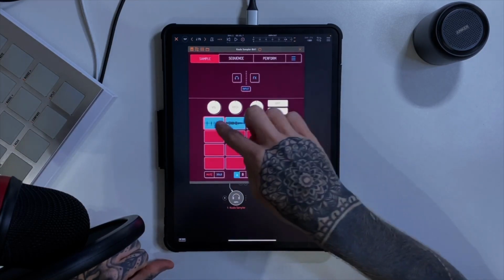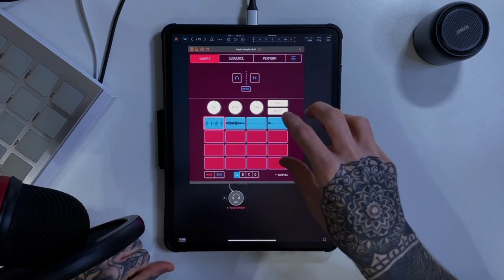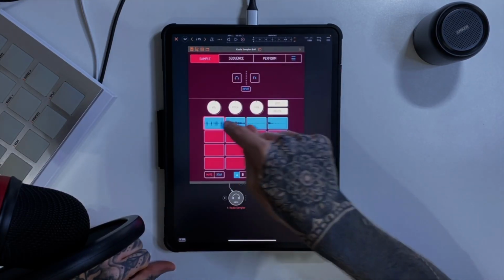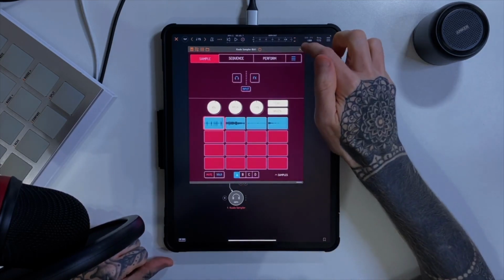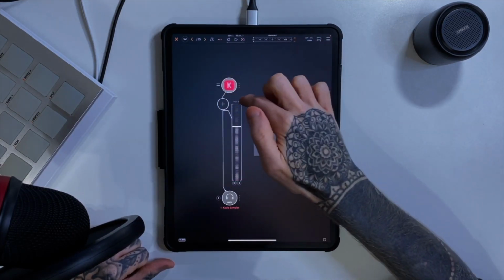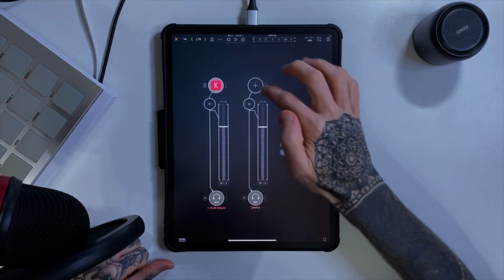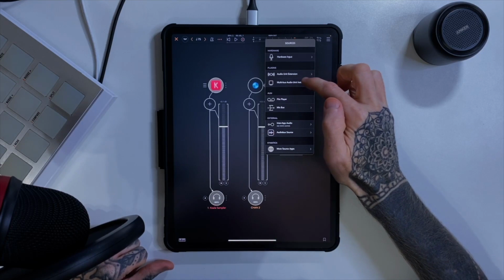But if you want more control over that, you want some sliders, you want to be able to see some kind of audio coming through here, we want to essentially be able to use Aum as a host and separate all of these elements out into separate mixer tracks here. And that's what we'll do next. So I'm going to close this for a second because we don't need it just now. What we need to do is add another audio track in here. And this time we're going to use a multibus